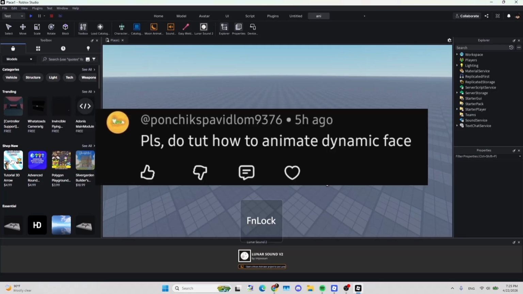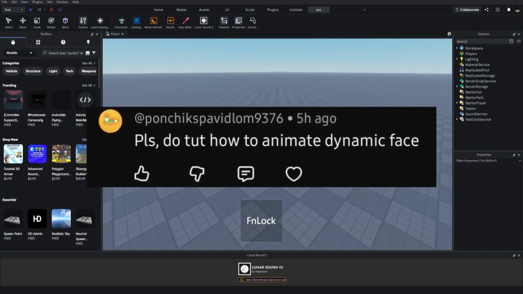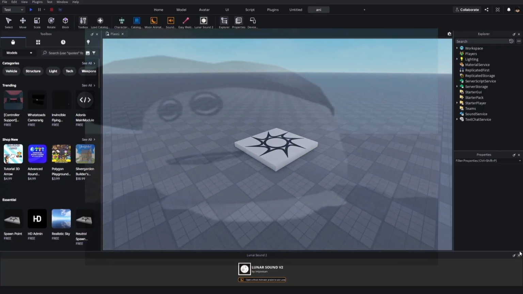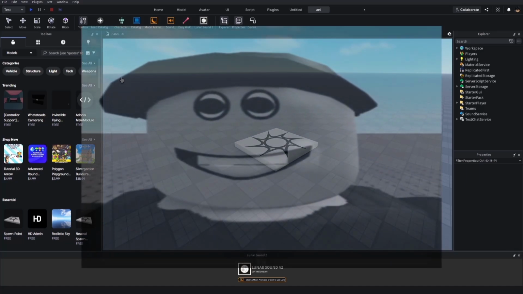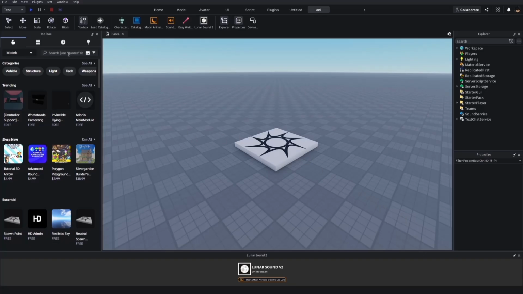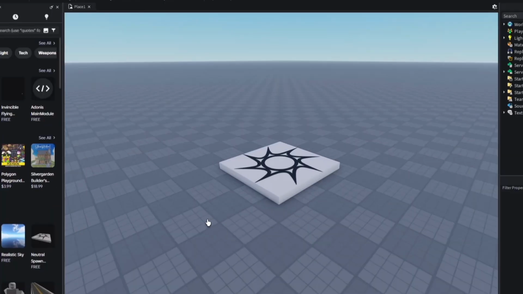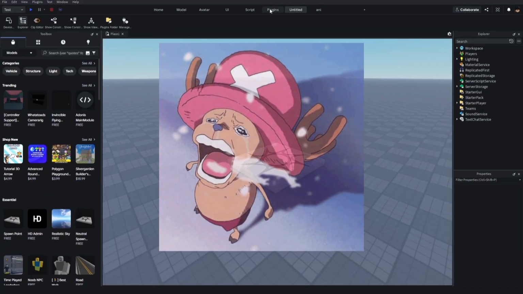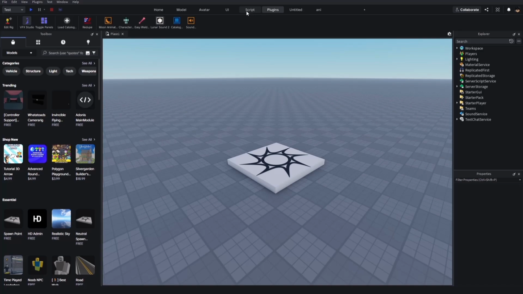So, I got this comment talking about dynamic faces, and to be honest with you, I hate dynamic faces. It's one of the worst updates. I hate it. I talked about it in one of my videos. It sucks. And you can probably tell by now that my mic sounds different because I lost my mic. I have to use my mic on my computer, and it probably sounds bad,